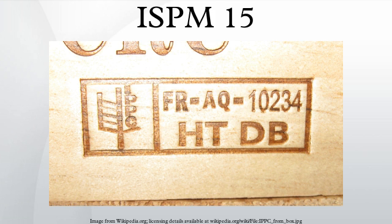ISPM marking. IPPC certification symbol. 20 represents the two-letter ISO country code or ISO 3166-1 Alpha 2 code. 00 represents the unique certification number issued to NPPOs. Inclusion of this certification number ensures that the wood packaging material can be traced back to the NPPO auditing agency. 1111 represents the unique certification number issued to the treatment provider and/or manufacturer. Inclusion of this certification number ensures that the wood packaging material can be traced back to the treatment provider and/or